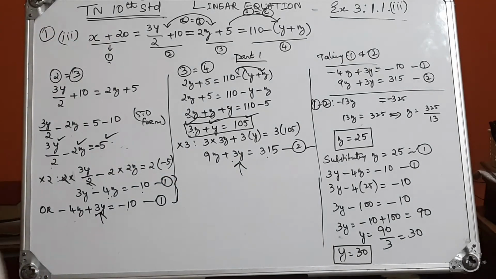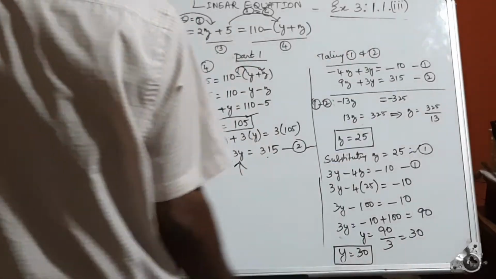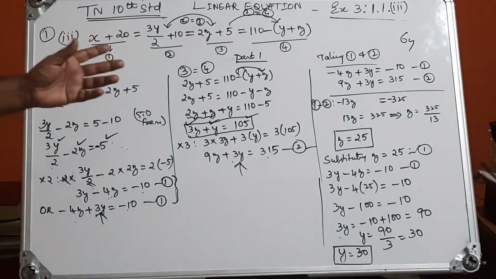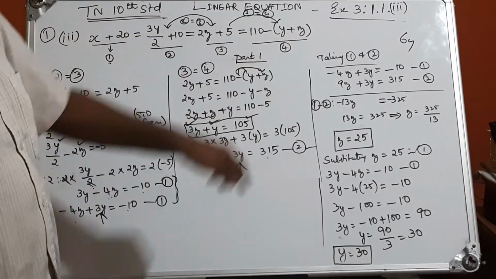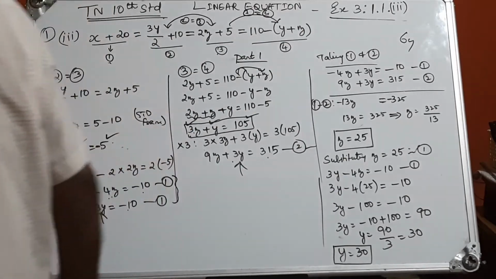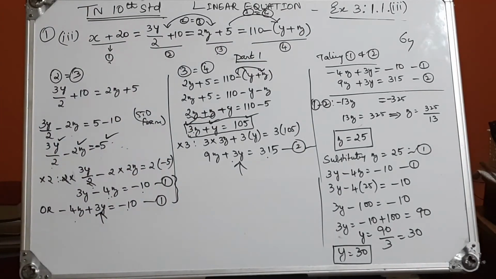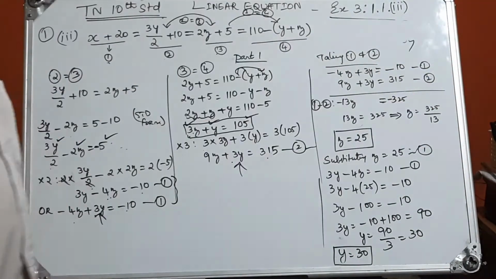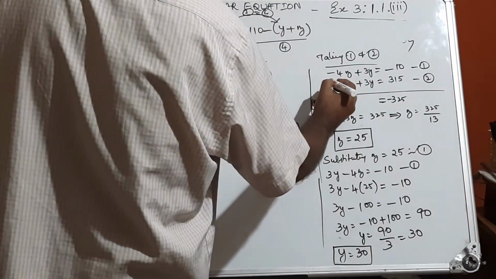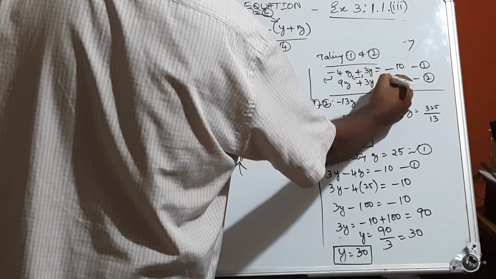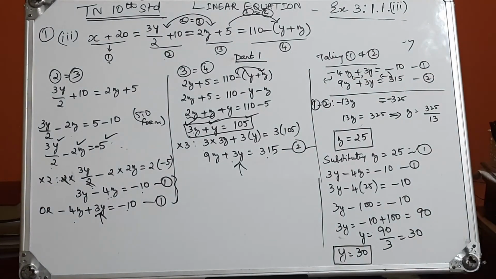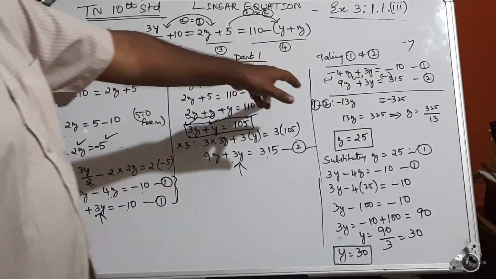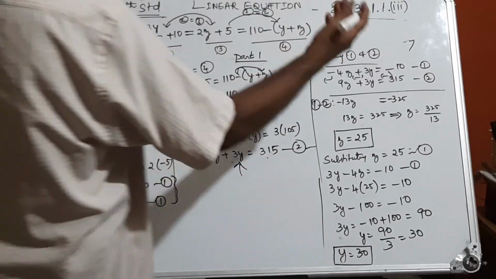Now you take equation 1 and 2 right here. Now both are 3y. Now you can't add. If you add, 3y plus 3y will become 6y, so it won't go off. So there are only two conditions. One is addition and one is subtraction. Addition is quite easy, and for subtraction you have to change the signs of the bottom one. So now what will happen? You have to subtract 1 minus 2. So we know already when you subtract, this will become minus, and this will become minus, and this will become minus. All will become minus in the bottom one, and then you must cancel it. So subtraction or addition. Addition is quite easy. Subtraction you must change the signs and then add or cancel, whatever you call it.